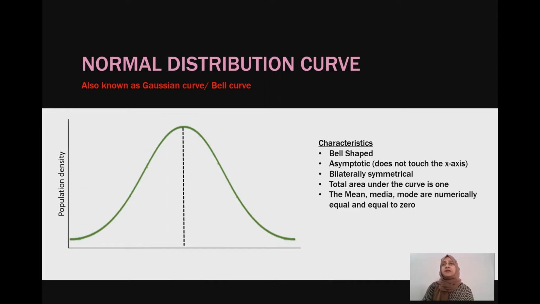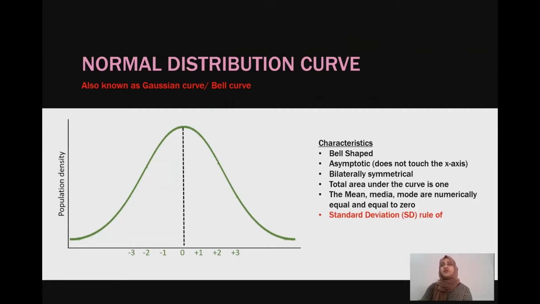The mean, median, mode are numerically equal and equal to 0. So what that simply means is that this is a normal distribution curve. It has been standardized, and our standardization includes the mean being denoted by 0. And the values are accordingly adjusted to it, as we'll see ahead. So this is how 0 would denote our mean because it's been standardized. And on either side, the 1, 2, 3 plus or minus would show us our standard deviation.